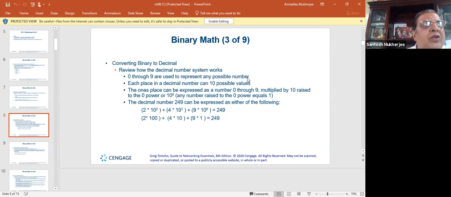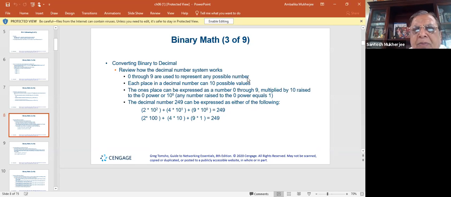Usually 10 to the power 2 means 10 into 10. If it is 10 to the power 3, it means 10 into 10 into 10. 10 to the power 4 means 10 into 10 into 10 into 10. You have to multiply 10 four times. That means 10,000. 10 to the power 2 means 10 squared, which is 100. So it is 200, plus 4 into 10, which is 40, plus 9 into 10